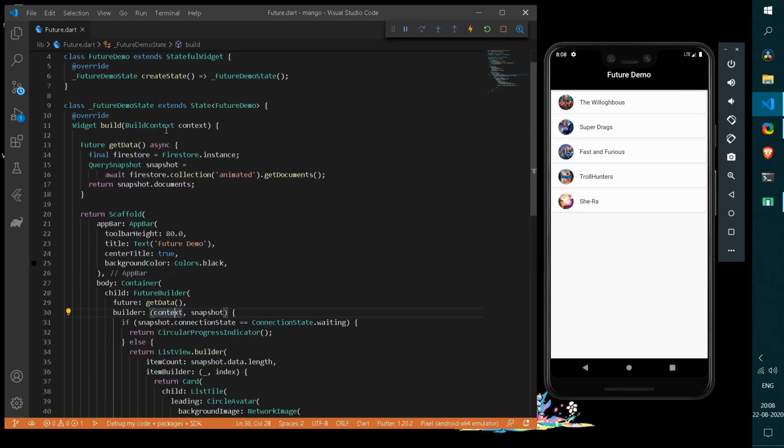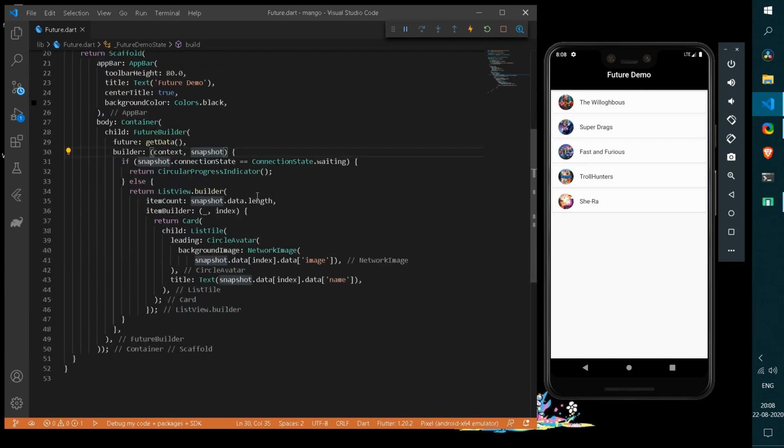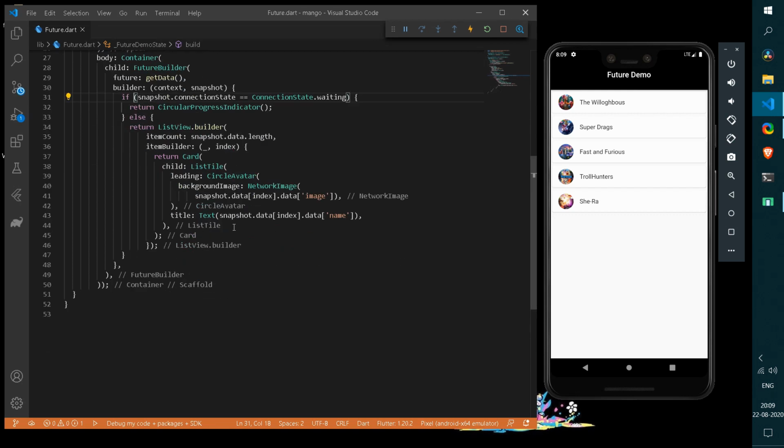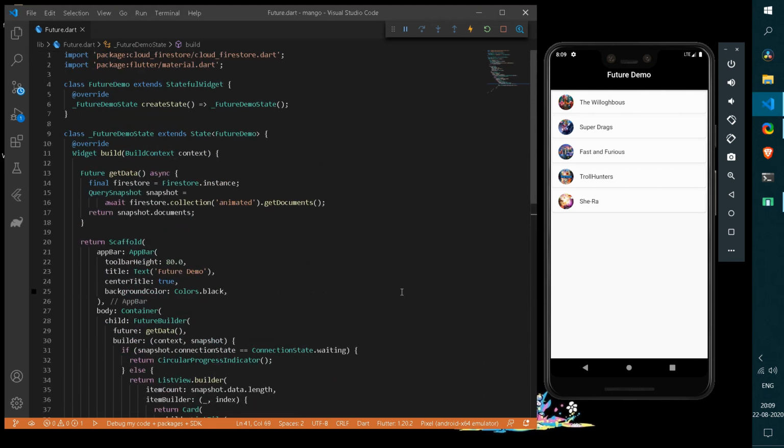Now this builder will simply take a context and a snapshot. Now this context is going to be according to your current context, that is the build context of your entire method, and this snapshot will simply be a QuerySnapshot, that is an AsyncSnapshot, which is going to be of dynamic form. Now you can simply check all of your data if it has some data or not. If the data is in connection state, you can simply return any of your favorite widget. Else you can simply return a ListView as well as GridView according to your choice and according to the need of your Flutter application. And in this example we have fetched some movies, that is the name of the movies as well as the CircleAvatar as in the image of the movies.